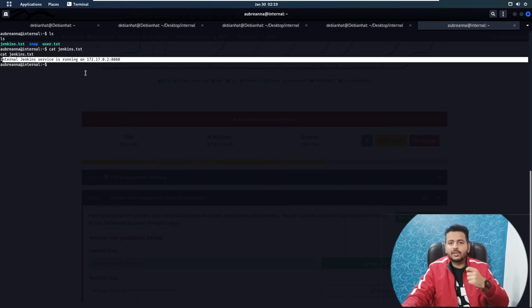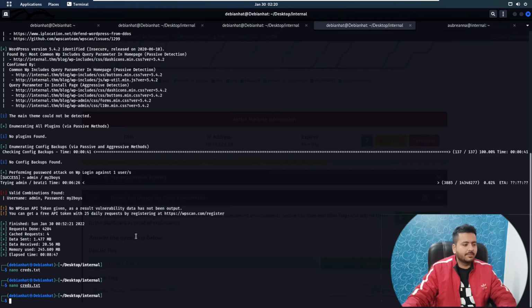We are not able to get this onto our system directly. We would have to tunnel it and get this port 8080 onto our browser, or somewhat map it onto some port on my system. Okay, so what I'll do, I'll be using